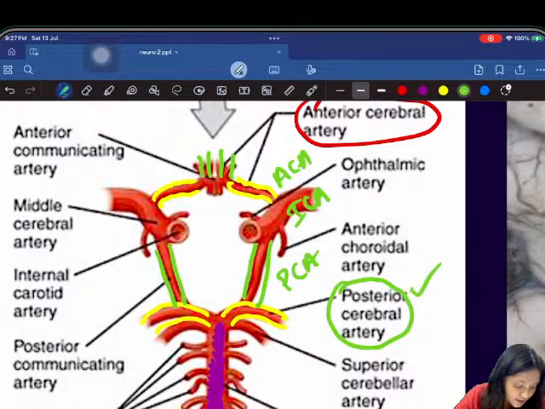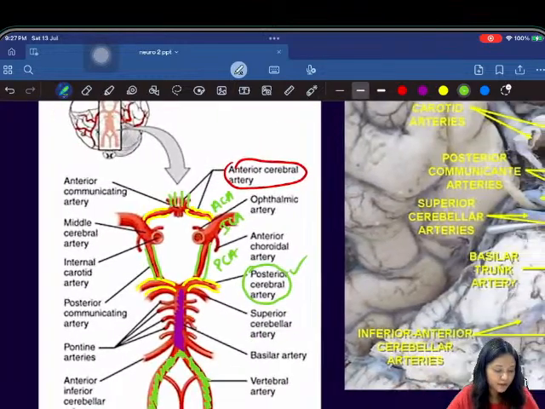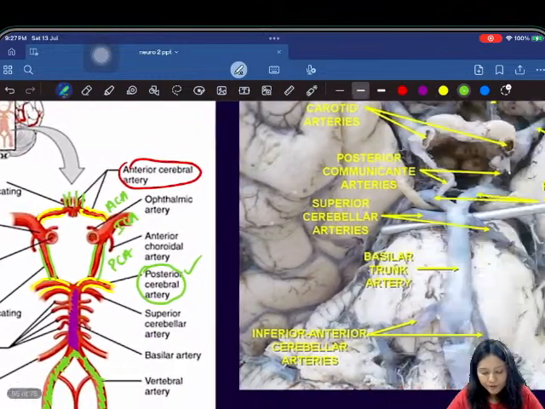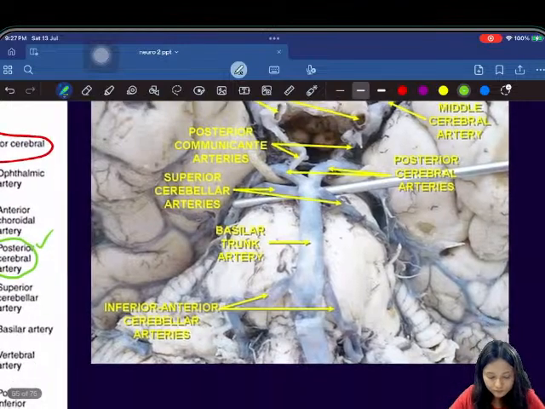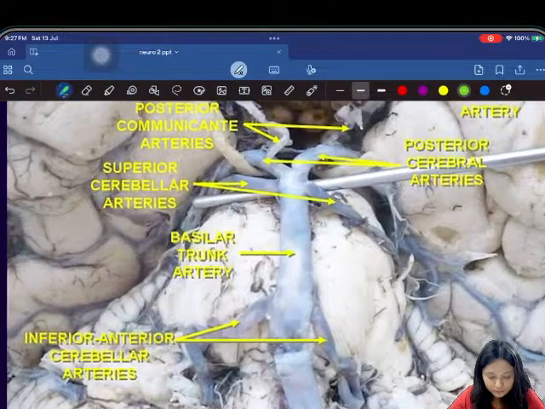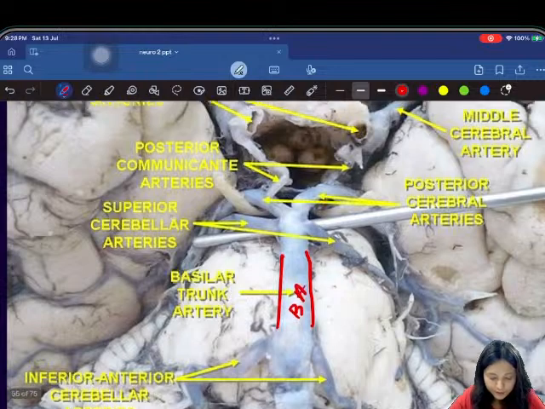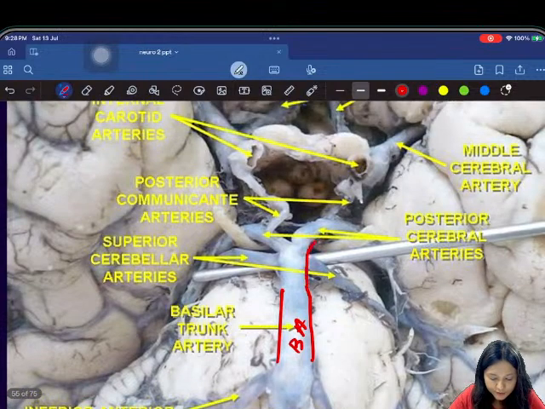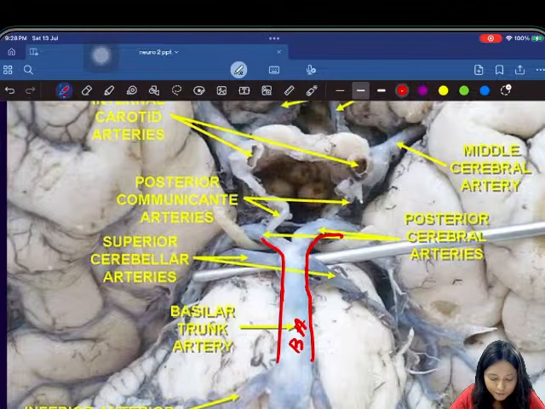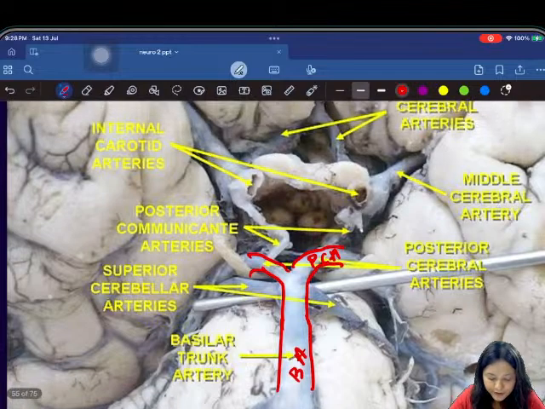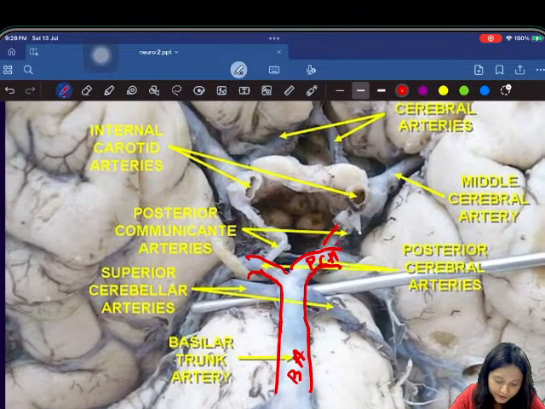So they are forming a circle, that is your circle of Willis, right? So here you can see the basilar artery. This is the basilar artery, and then it is giving here the posterior cerebral artery. This is dividing here and giving the posterior cerebral artery, and then you have the posterior communicating artery as well,